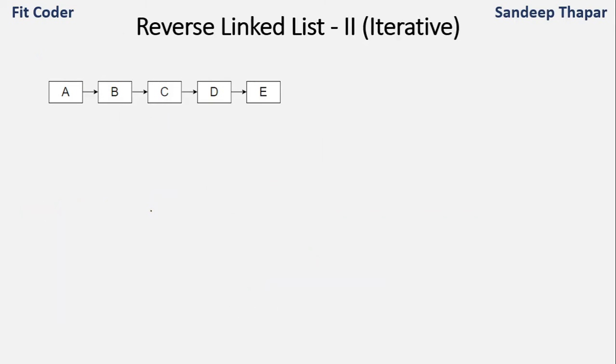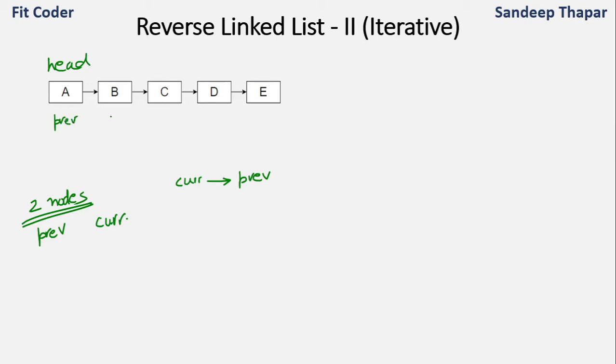To reverse a linked list using the iterative method, we'll take a pair of nodes at a time: previous and current node. Current is the node that we are processing right now and previous is the node before this. We change the pointer so that current points to previous. Let's say A is previous and B is current.